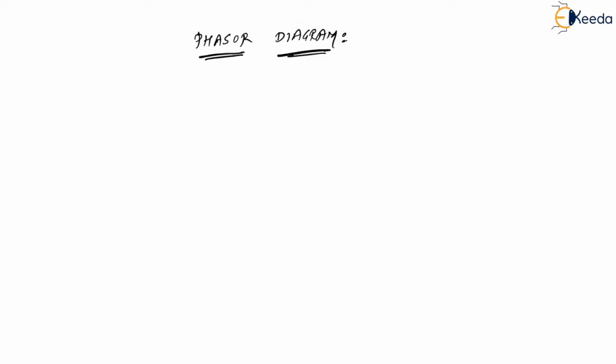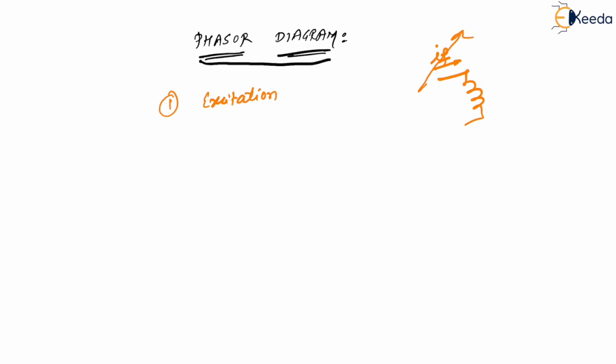Now, we need to understand one thing here. In synchronous machines especially, we cannot do anything without this phasor diagram. Why? I will just tell you the importance of it. First thing is, do you agree that we have something called excitation? Is it variable or not? Yes, we can vary that excitation. It means you will have some field winding on the rotor, and this current IF can be varied.